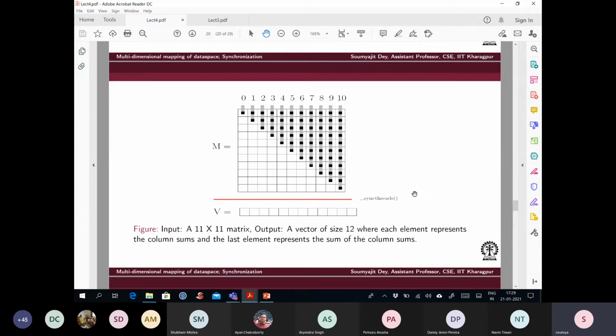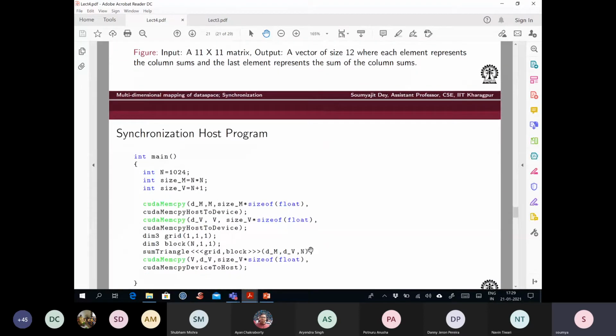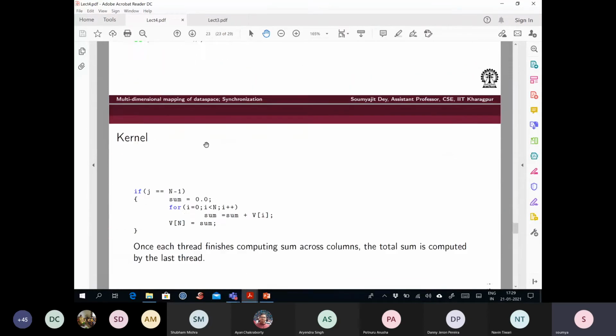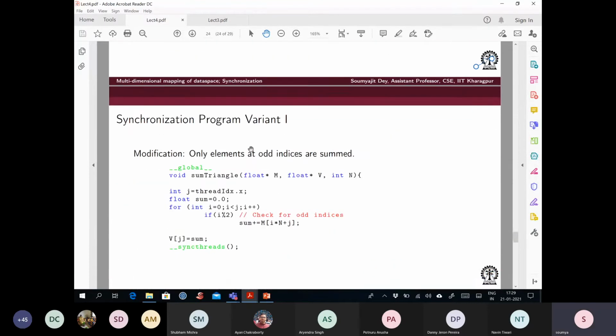But if you have more than that, a big matrix and all that, definitely you need the sync threads for the others to wait. And after that, what will you do? The overall idea was to compute the total sum. The way we have written the program here is, once this is done, we allocate one of the threads the job of computing the sum. Here was a sync threads, and after that we have put in the last thread to do the sum calculation. Again, there is another optimization you can do.